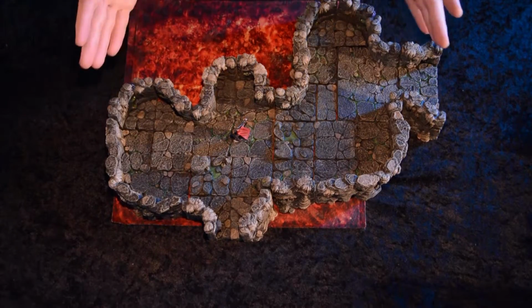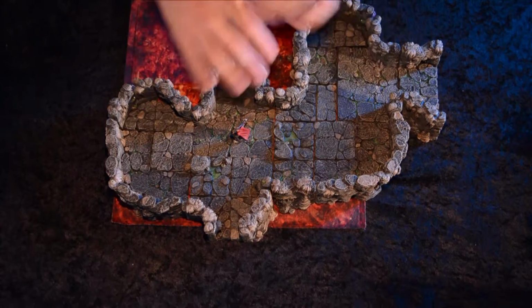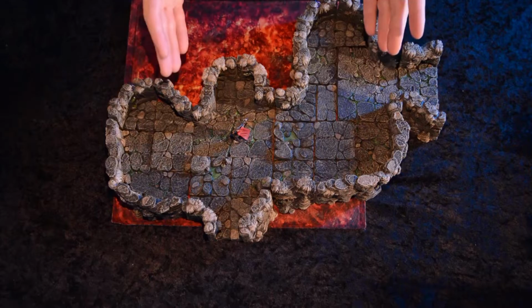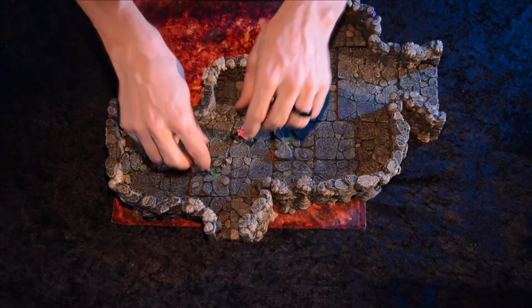So let's take a look at our brand new Trifecta terrain system. I've put together a little example build using just Trifecta pieces and a few floors. What's cool about these Trifecta pieces is that they're all two-part, which lets you do something cool like